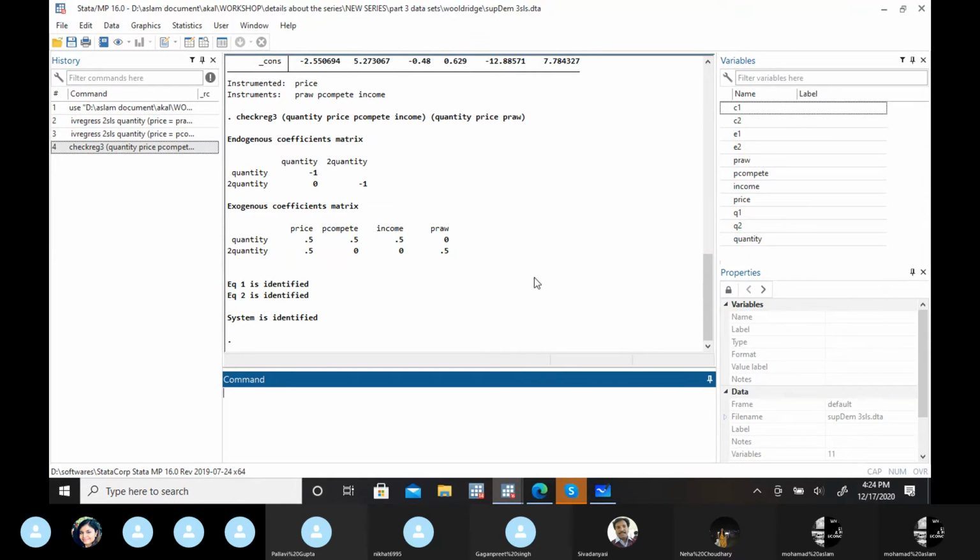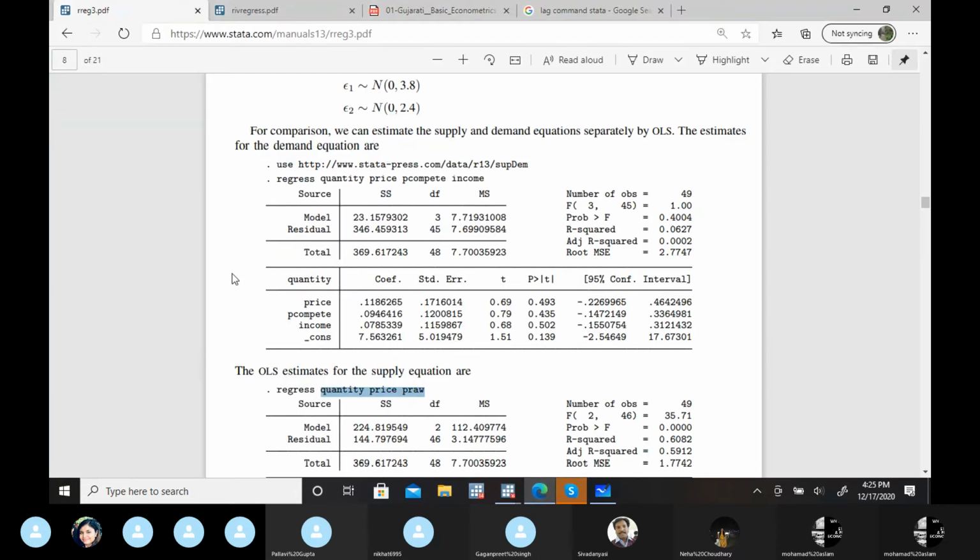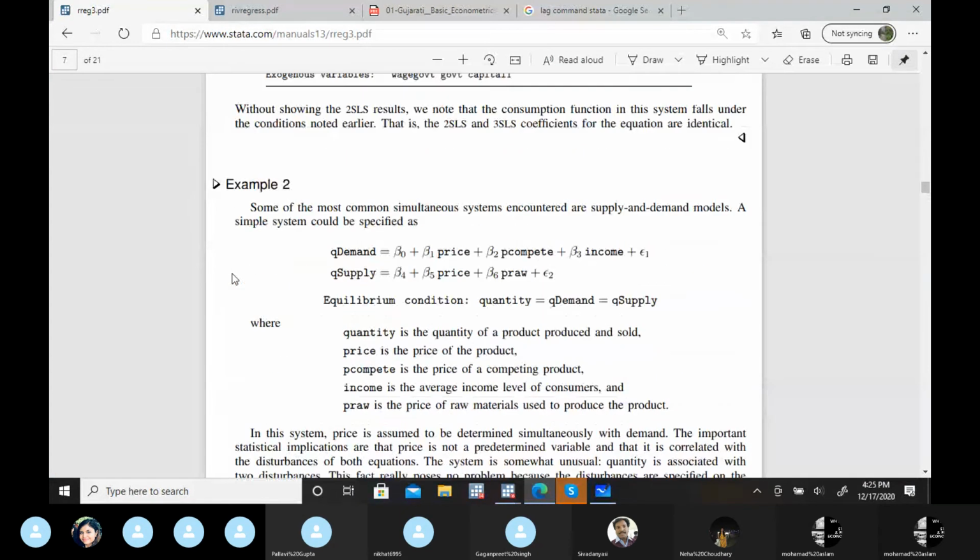Now we need coefficients for both these equations, but with the 2SLS method. It's not a seemingly unrelated method. We can't apply it because dependent variables are changing, and independent variables are also changing. So we can't apply that particular method, nor is it an ILS case. Yes, for just identified you can apply, but otherwise not. Like for this particular case, 3 minus 1, 2, and that's greater than 1. So it's over-identified. The supply function is over-identified.